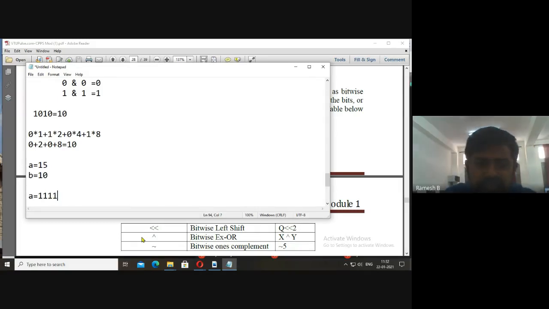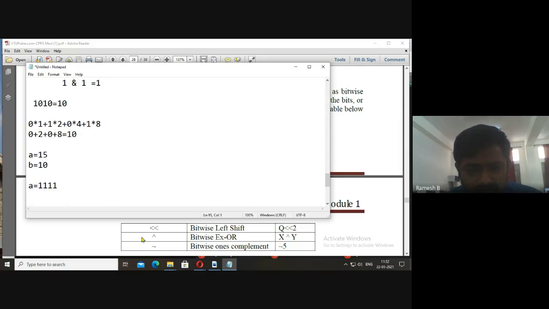Okay, let me see whether this value is 15 or not. I'll start with the last bit. 1 into 1, plus the next bit, 1 into 2, plus the third bit, 1 into 4, and again the last bit, 1 into 8.